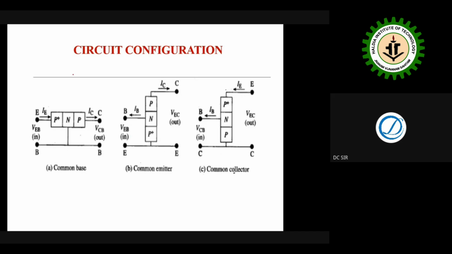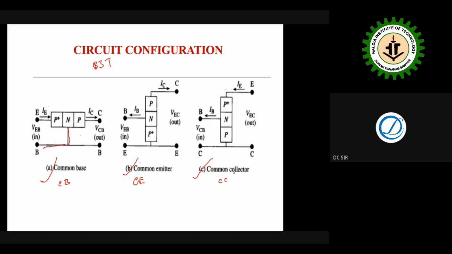There are three types of configuration in the case of BJT. The configurations are common base configuration, common emitter configuration, and common collector configuration. They are called CB configuration, CE configuration, and CC configuration. Here we consider a PNP transistor to understand the configuration of common base, where the base, which is N, is